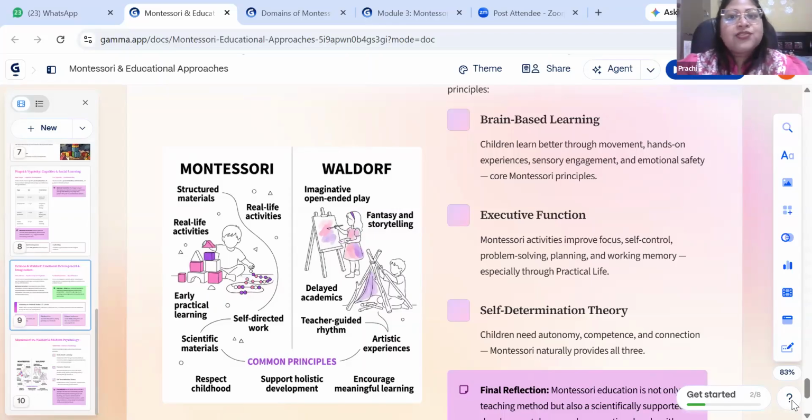Brain based learning: children learn better through movement, hands on experiences, sensory engagement, and emotional safety. This is the core principle of Montessori. And there are executive functions also, like how Montessori activities improve focus, self control, problem solving, planning, working memory, especially through practical life. We give practical experiences in Montessori, and in Waldorf we work on